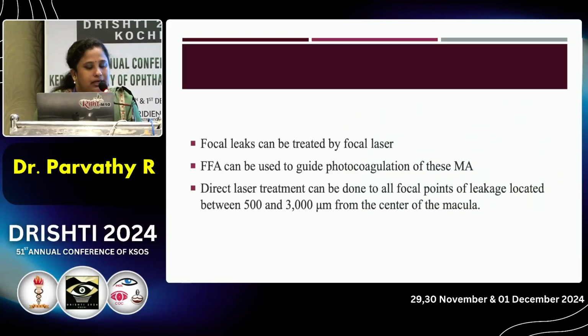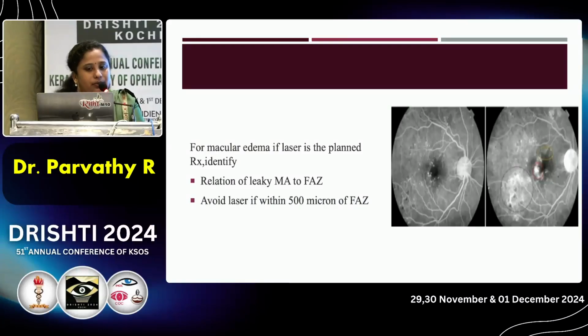And these focal leaks can be treated by focal laser if it is non-center involving. And FFA images can be used to guide the photocoagulation of these leaky microaneurysms. Direct laser treatment can be applied to all focal points of leakage located between 500 to 3000 microns of the foveal avascular zone. And if we are planning laser, we have to look at the relation of the leaky microaneurysm